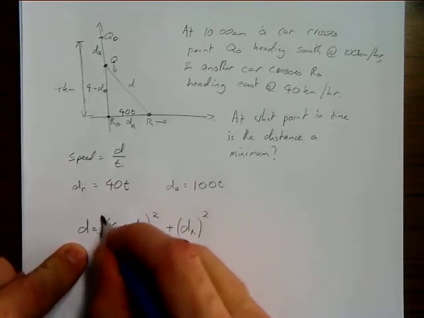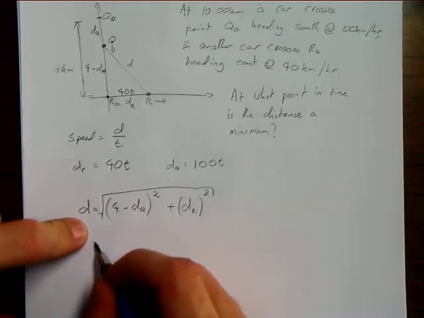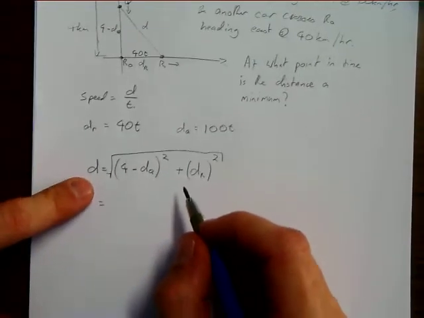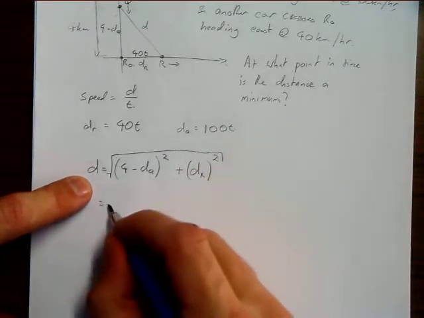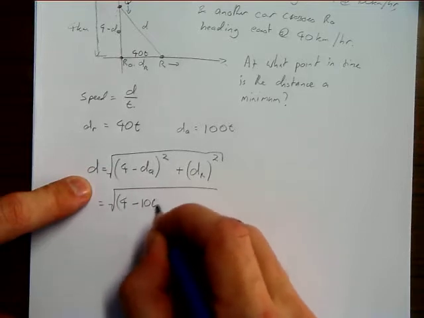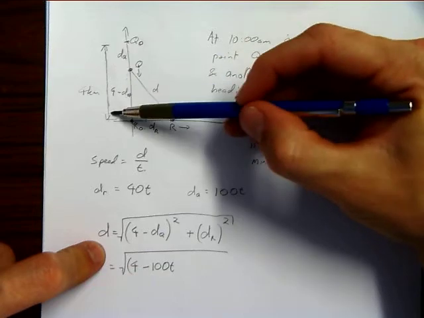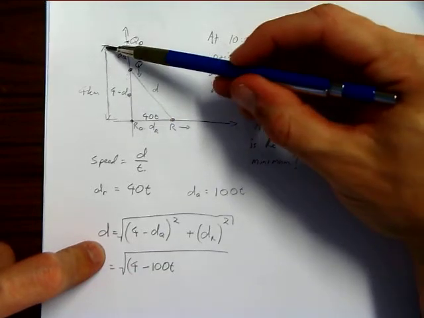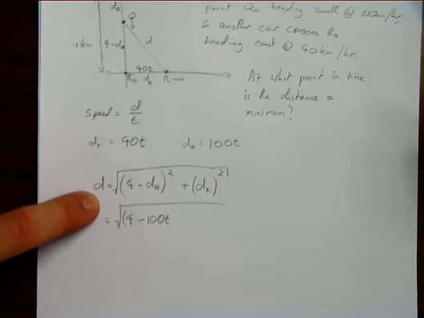Okay. Now let's put our values in. So we know what dq is. dq is 100t. So we've got 4 minus 100t, 4 kilometres here, because the 4 kilometres was given. And then the dq is